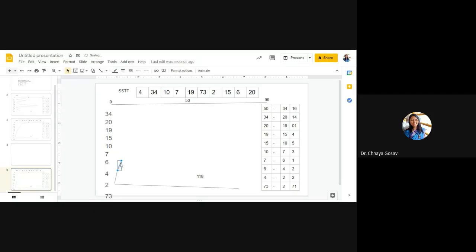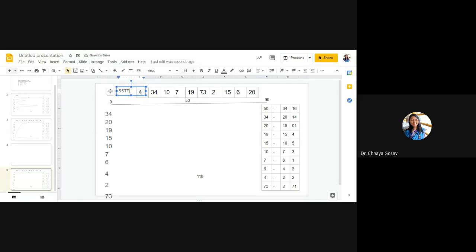Now in this case, you'll get almost the same answer for SCAN. Till 2, the sequence is the same because you'll start from 50, and for our calculations, we assume that the head will always move to the left-hand side first. Even if it is not mentioned in the question paper, you can write this sentence, assuming the head is moving towards the left-hand side first. Currently the head is at the 50th position, and the nearest element to the left of 50 is 34. So from 50 the head will move towards 34.